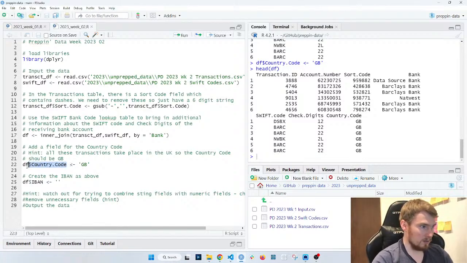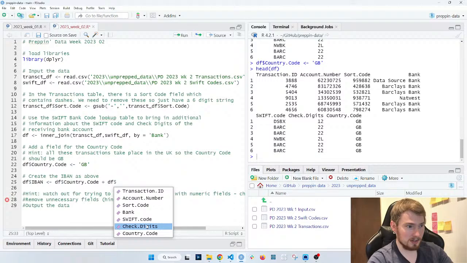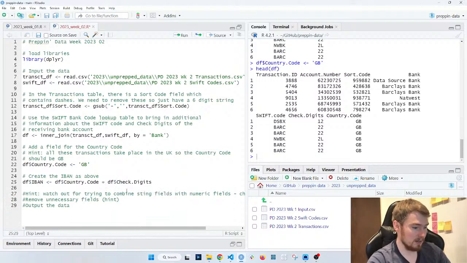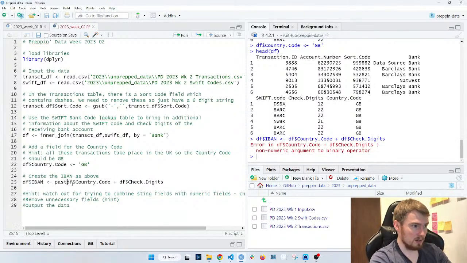So I need this country code and the check digits. If you're trying to connect different strings in R, this is not as intuitive if you saw the Python version. In Python you would just add the two together. Let's see, I don't think this is going to work. Yeah, so you can't add strings in R. The way you get around this is by using a function called paste.